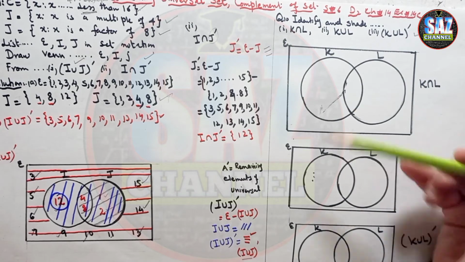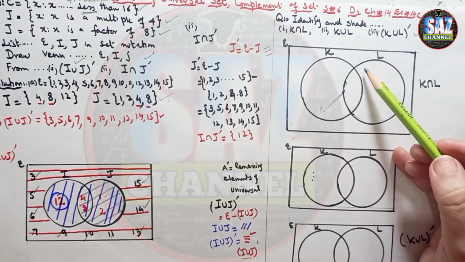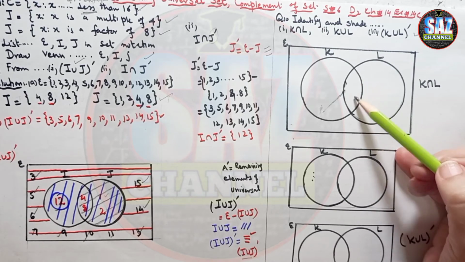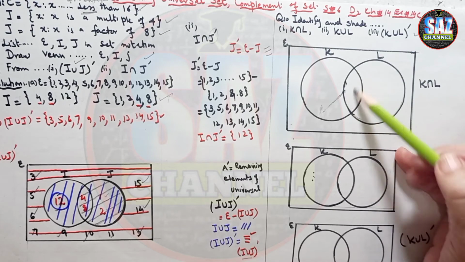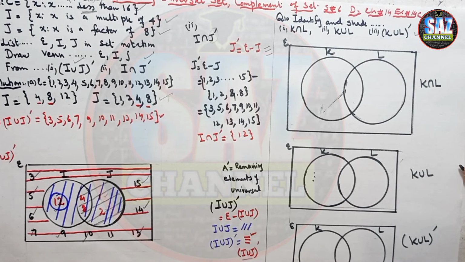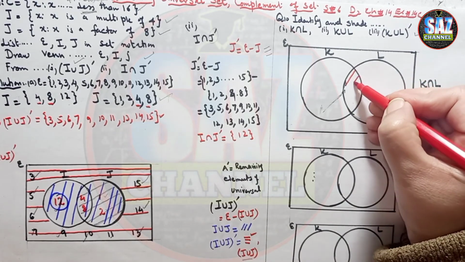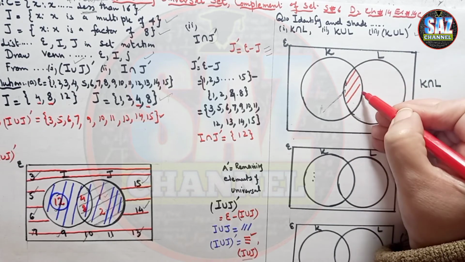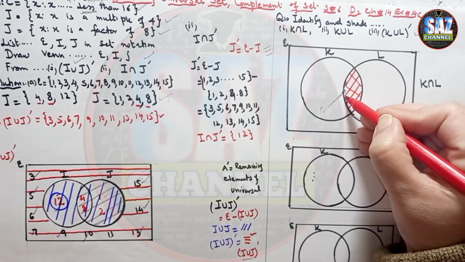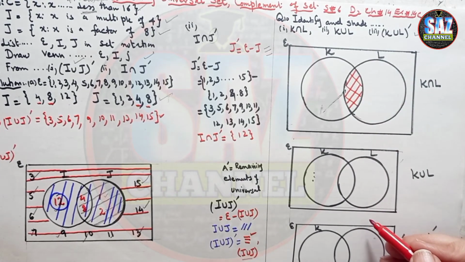First of all, we have to see the given situation is of overlapping sets, and the diagram shows that this is the portion which is common to both. So in case of the intersection of overlapping situations, we have to shade only this portion. This is the overlapping portion, and this will be shaded for the intersection problem of the overlapping sets. I hope you are clear about this problem.